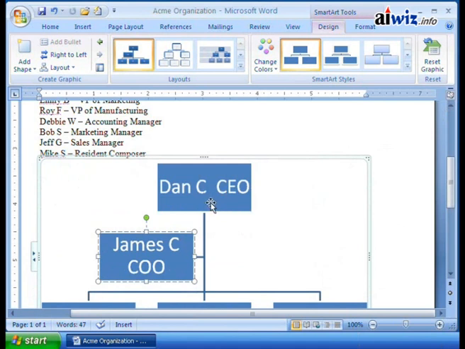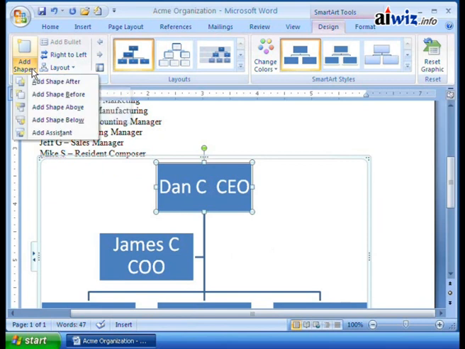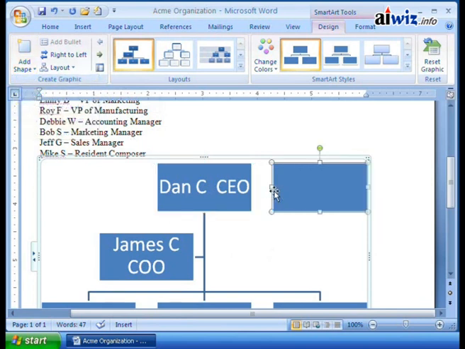That's great. Well, what you do is select the object you want to create a new shape off of. In this case, I need to create a new assistant for Dan as the CEO. I've already got James. I want to create the Chief Technical Officer, who's going to be Jeremy Chara, Cisco Instructor Extraordinaire. So I go up here and click on Add Shape, and I get a couple of choices. I can add shape after, where it's going to add it after the selected shape. If I click on it, it just says, do you want it just over here? So I can now create a sub